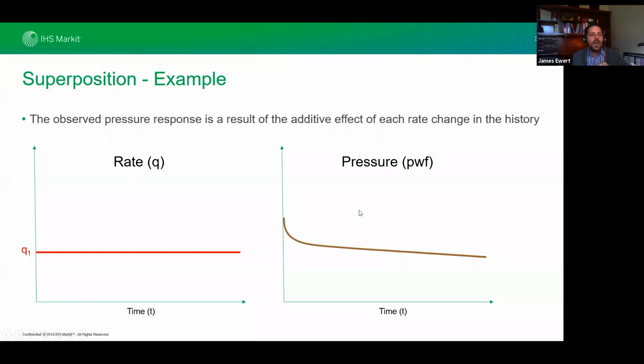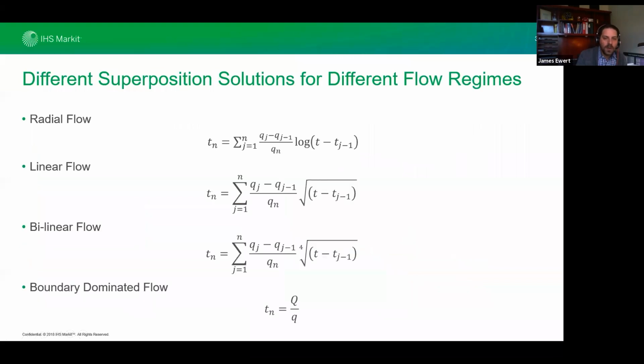So that's my reservoir signal. If I needed to increase my rate, what I could do is stack the rate on top, and then I need to figure out what my pressure response is going to be. All I need to do is subtract from where the pressure was going to be with what I'm expecting it to do. So here's the rate, and it was going to keep going on. I added another rate to it. And from that, I know to subtract this from this. And that's our building block where we're going to add and subtract to build those really complex histories.